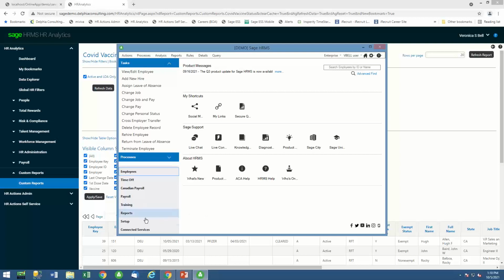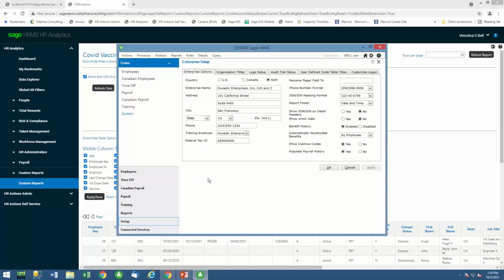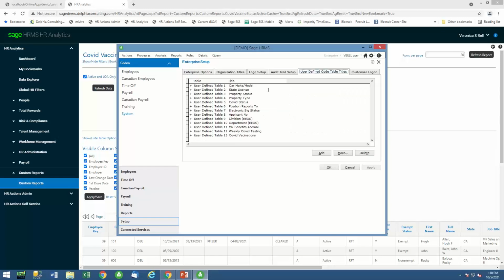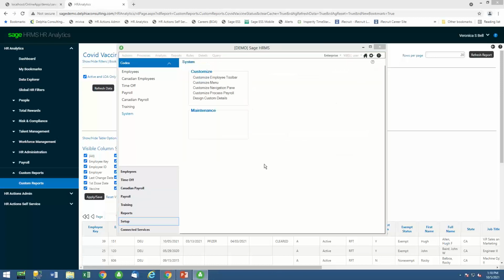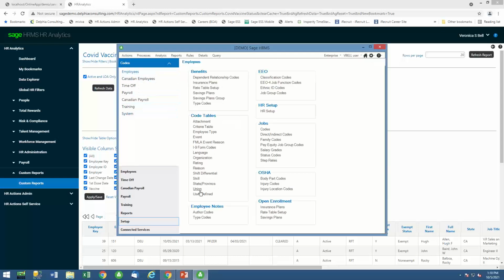I'm not going to do this too much, but any good system needs to have consistent data. So Sage does this by giving you the ability to add your own code tables or pick lists, right? So I went over here and for this purpose, I said, hey, I'm going to have a COVID status pick list and a COVID vaccinations pick list, and I'm actually going to have a COVID testing pick list as well. So I just say, hey, I'm going to define these pick lists. Then I go into the setup and I come up here to system or employee,